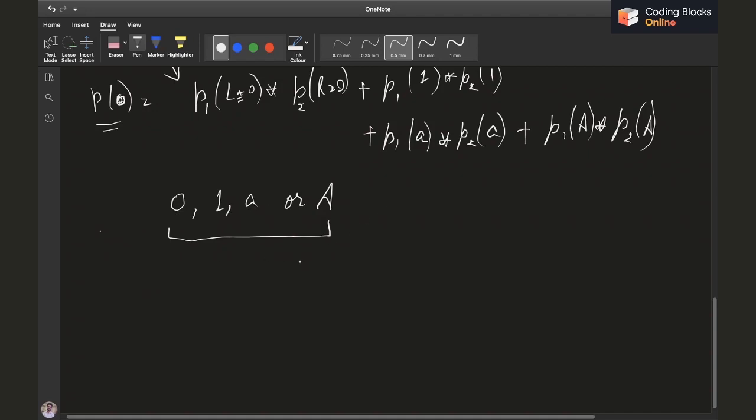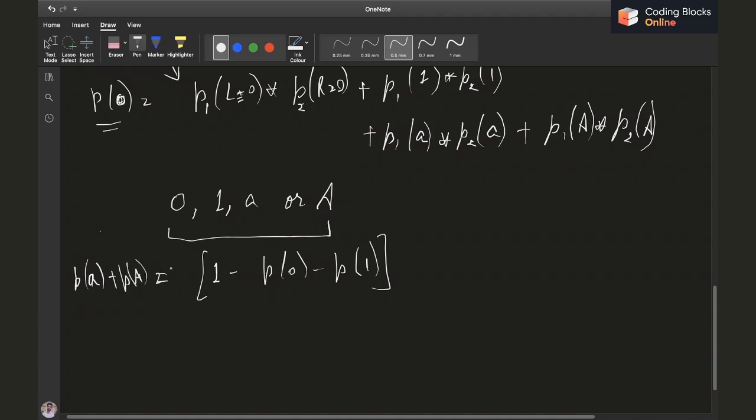If we calculate the values for 0 and 1, we can simply subtract p of 0 and p of 1 from 1 to get the sum of p of a and p of capital A, right?